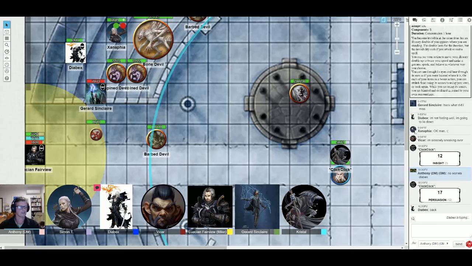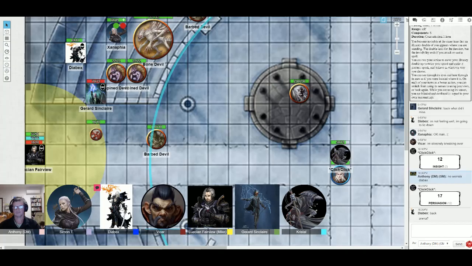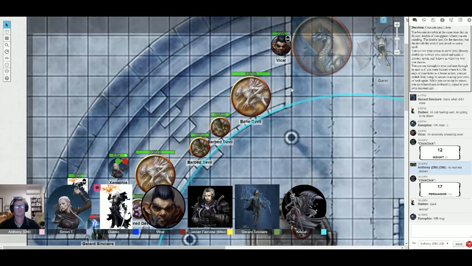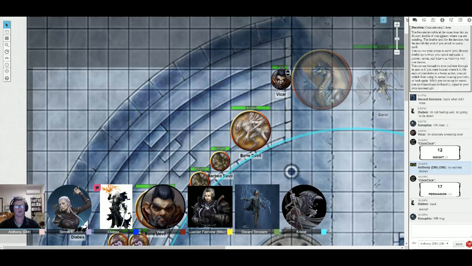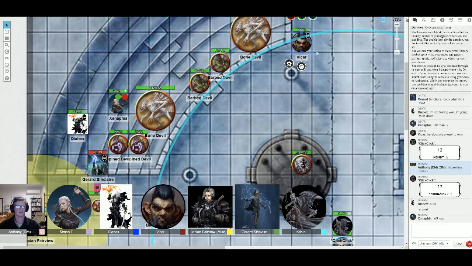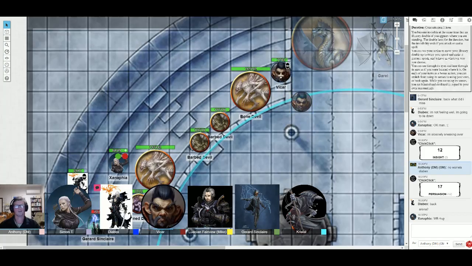Dibex is back. Click Click's approached as an illusion and is invisible. Hey, can I be slowly trying to make my way towards him, this guy? Oh yeah. So where are you? Oh, you're up here. So you could come down this way, and then there's stairs to get down to the ground level just here. I'm gonna approach him. I'll get to like 10 feet from him. Okay. Well, as soon as you come down past this bone devil,